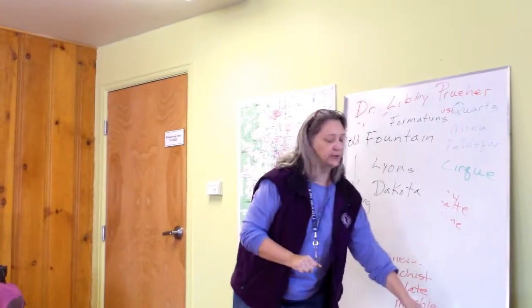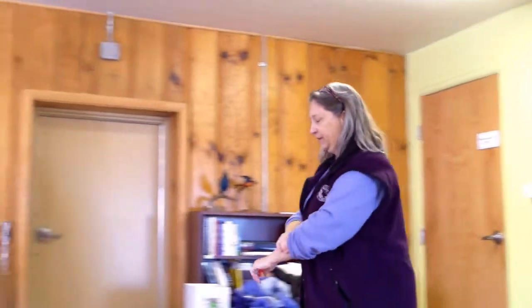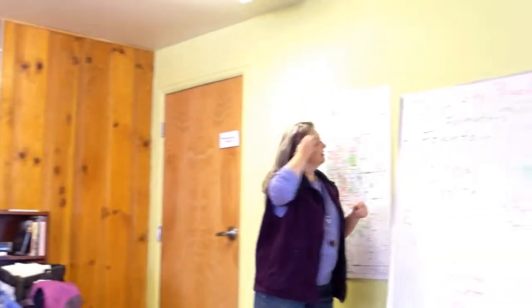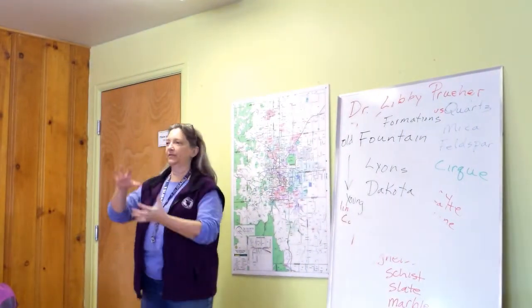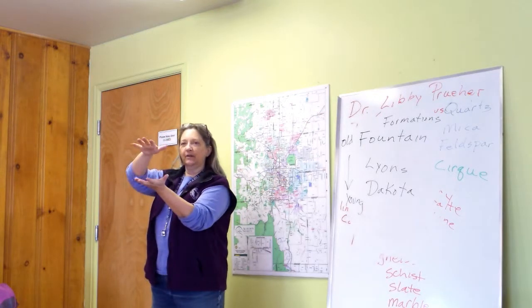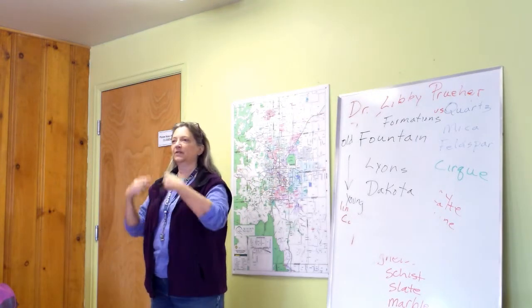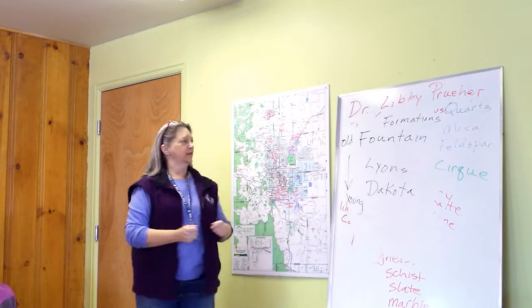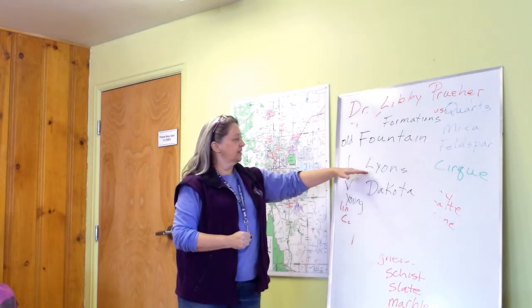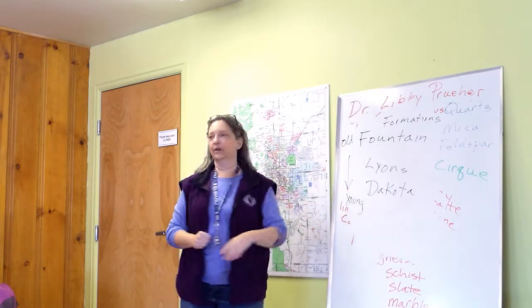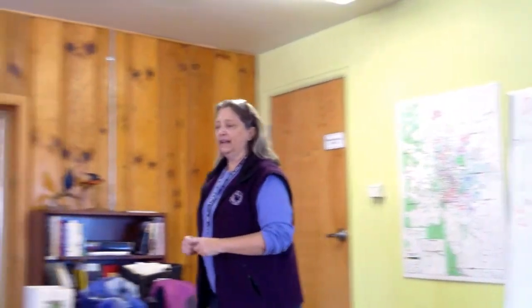To Roxborough, as you can see, 3 of the hogbacks very nicely. The rocks, geologists call rock units formations. If you have a nice thick rock unit that has very similar characteristics, we'll call it a formation. So we're actually going to see hogbacks formed by the Fountain Formation, the Lyons Formation, and the Dakota Formation. And the Fountain Formation